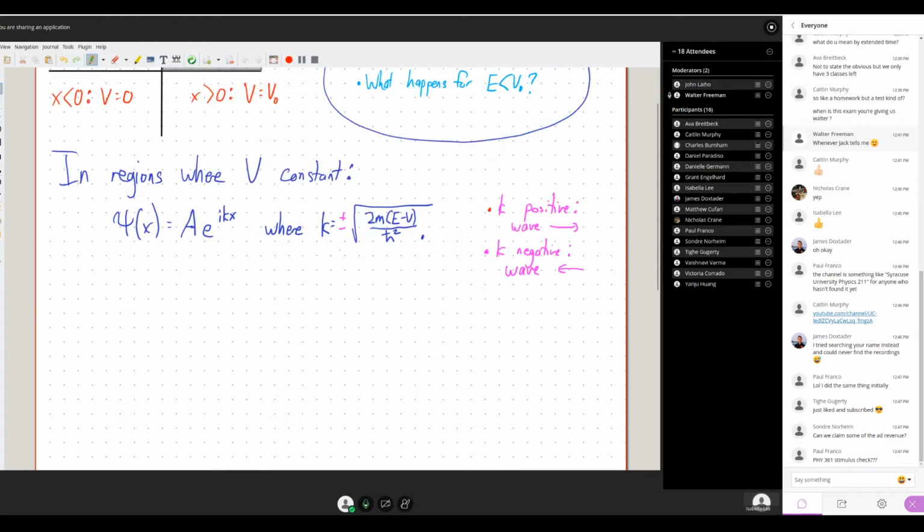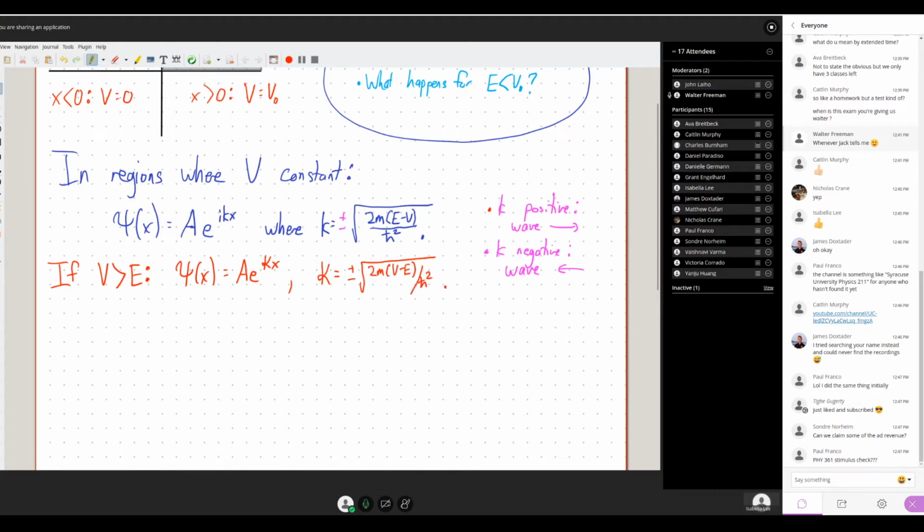But one notation that we like to use, to understand readily if something is growing or decaying, is to reword this. If V is greater than the energy, then we can write this as A e to the kappa x, taking just the real part,